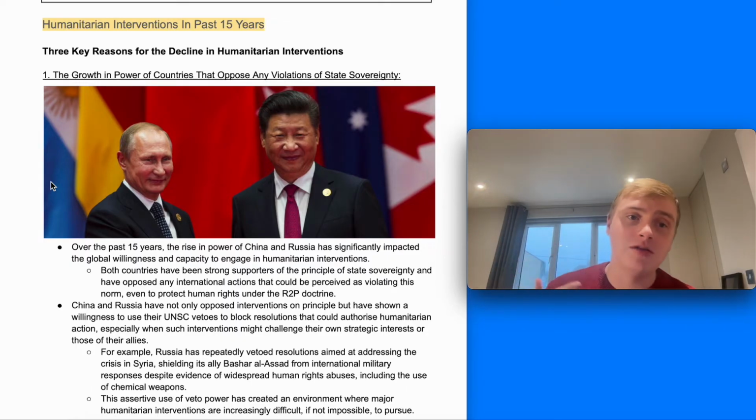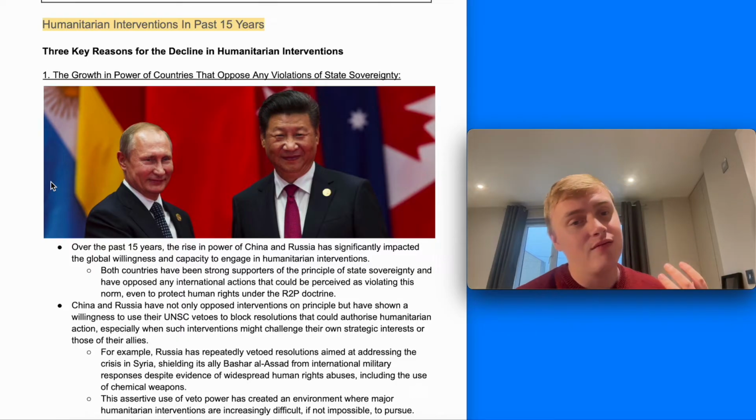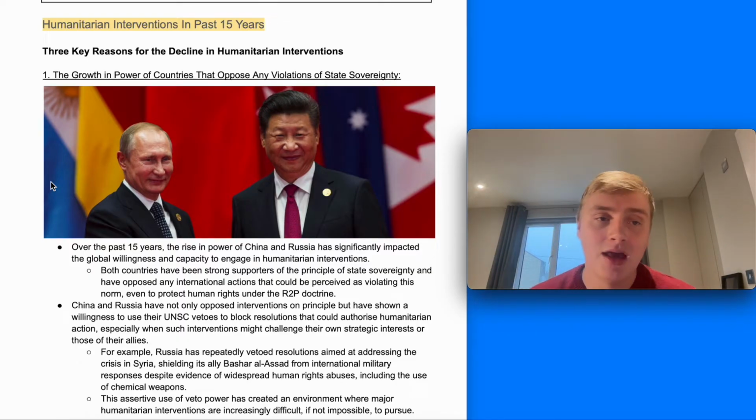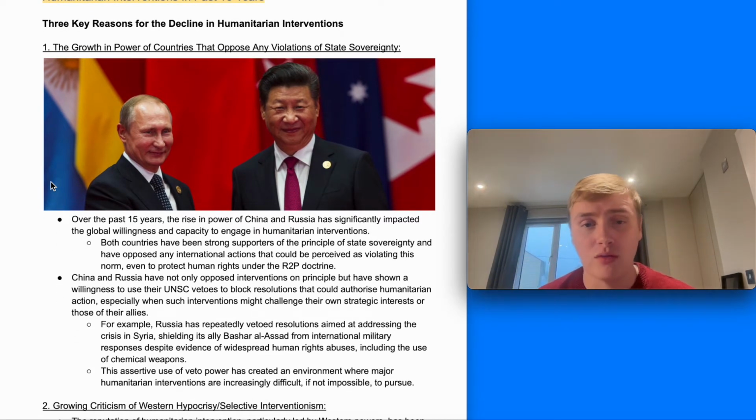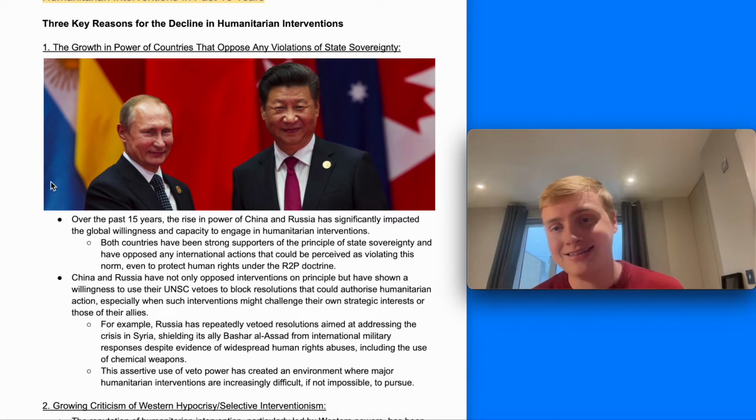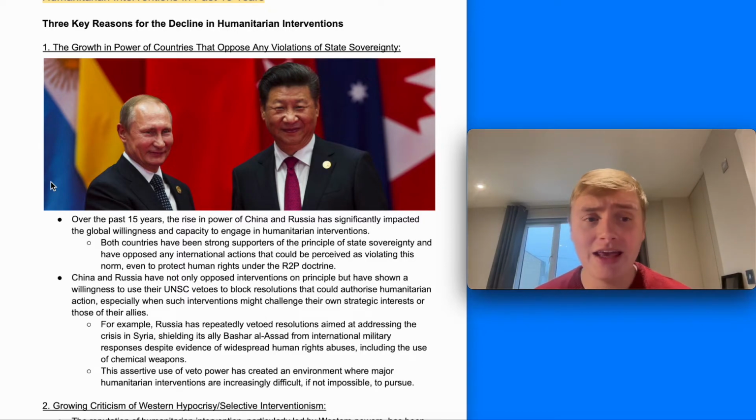The first and most important one are those two men there, Vladimir Putin and Xi Jinping, and that's the growth in power of countries that oppose any violations of state sovereignty, including Russia, but in particular China. And over the past 15 years, you've seen the rise in power of China and Russia, both economically, but also geopolitically, and in terms of their assertiveness in international affairs. And that's really impacted the global willingness